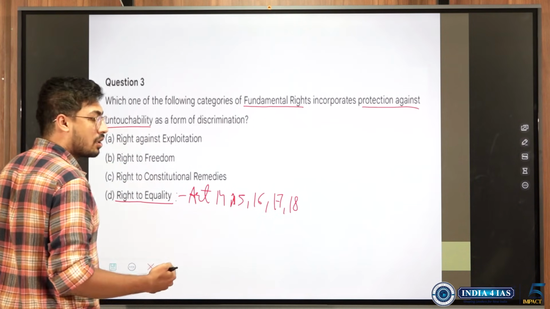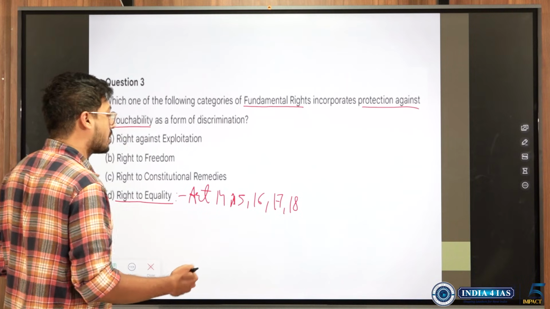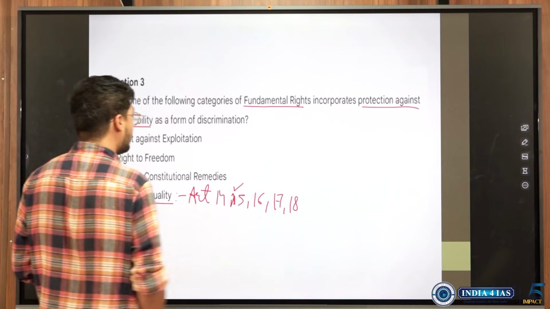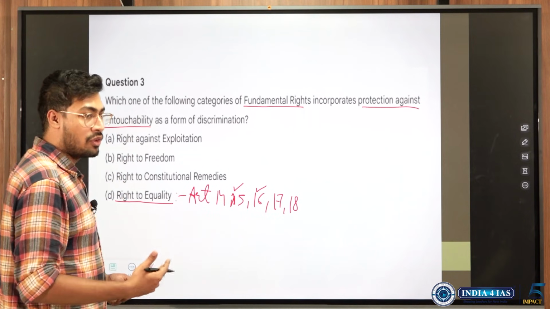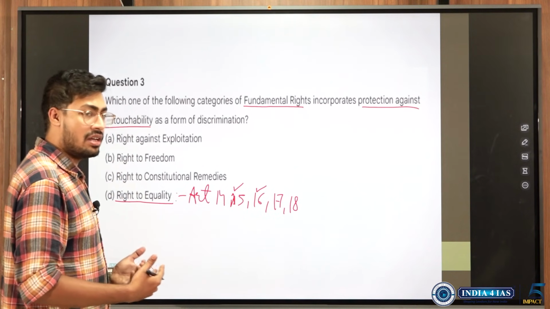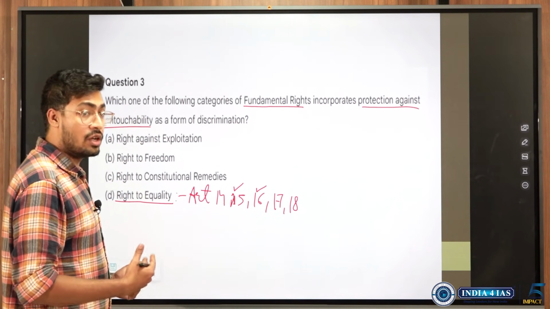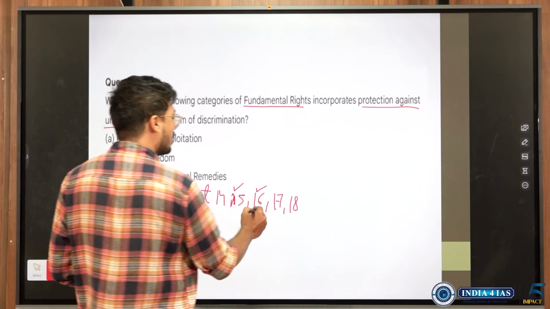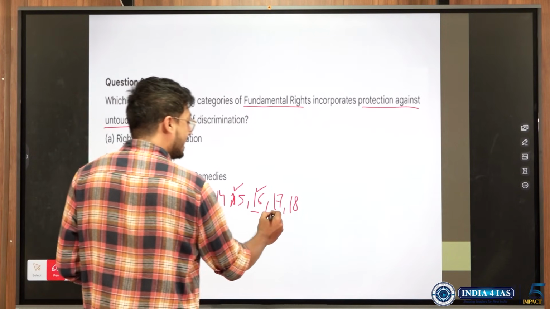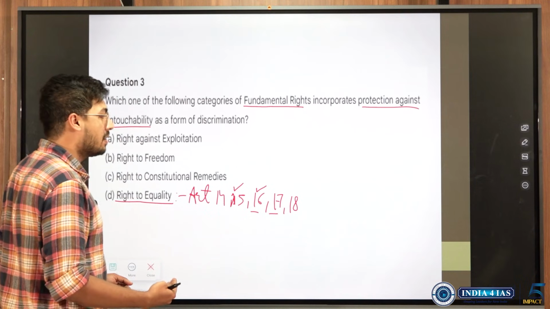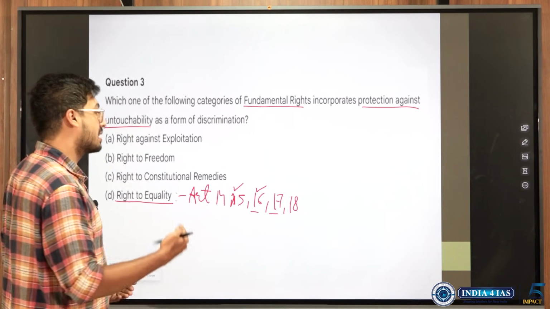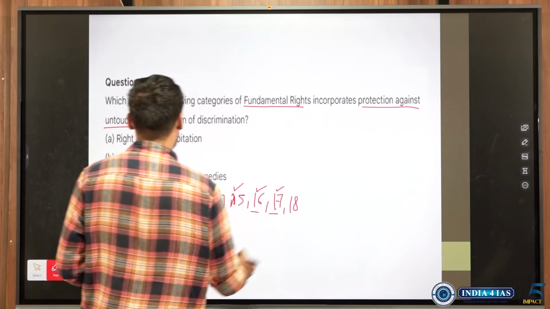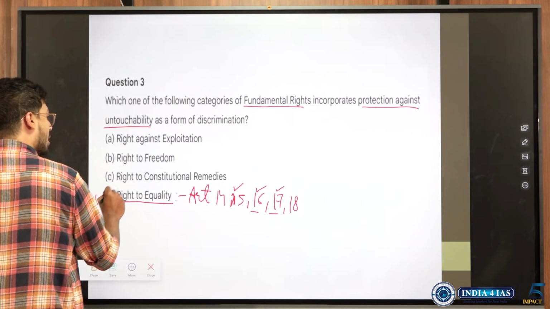Right to protection against discrimination is also providing for equality. To provide a right to opportunity for every person, even if he does not have an equal standing with others, that is also right to equality. Right against untouchability, which will provide the disprivileged people equal rights on par with others, that is also right to equality. The answer to this is right to equality.